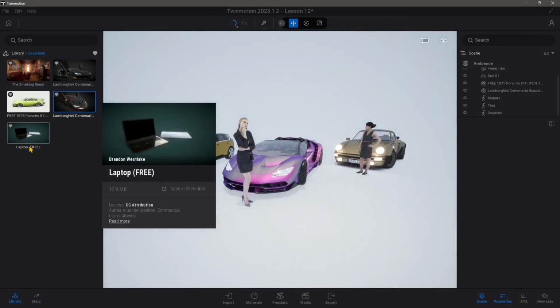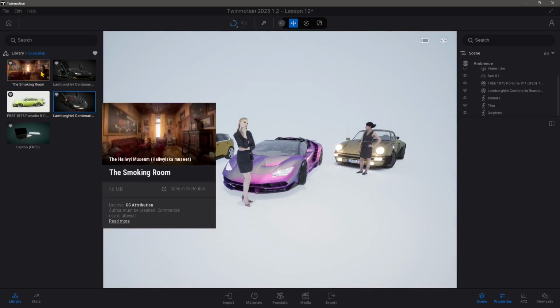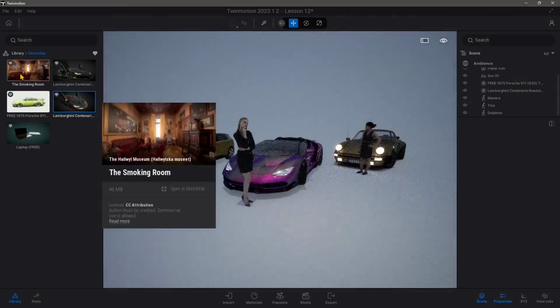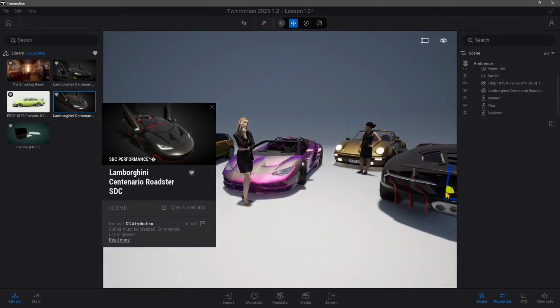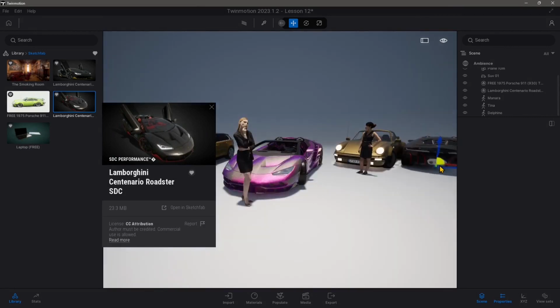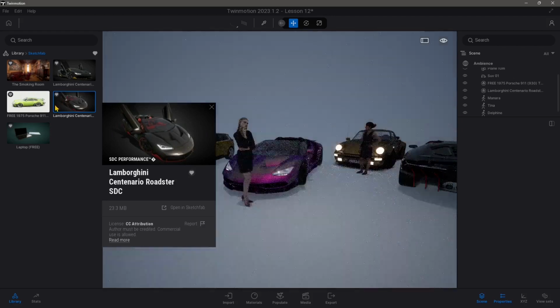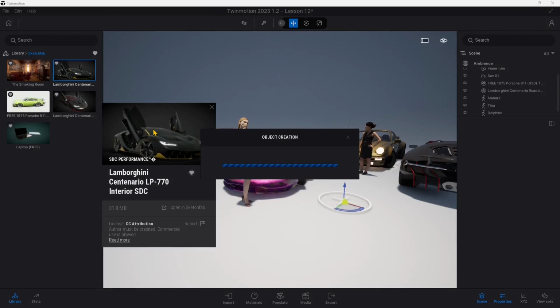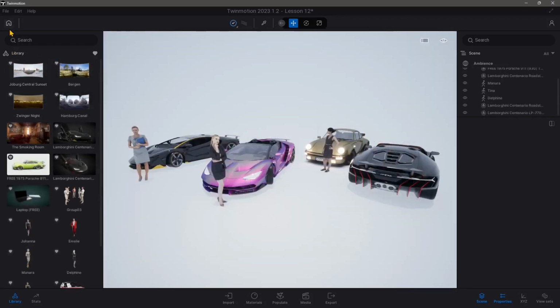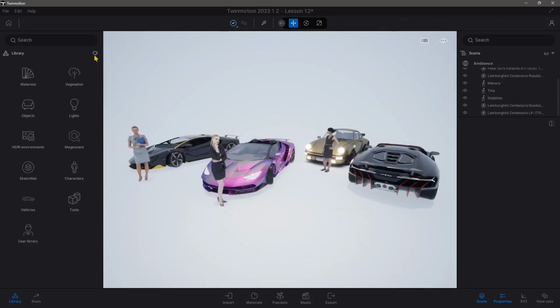So if you want to do product design, you can use some product that you have or something that you find in Sketchfab. These models are really accurate. They have a lot of materials. They have a lot of parts. So you can work with each single part of the car and they look really realistic. When you have a beautiful model like this, it's really easy to create a beautiful rendering,